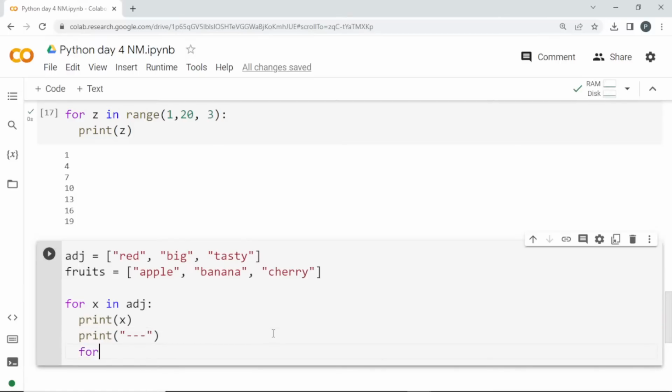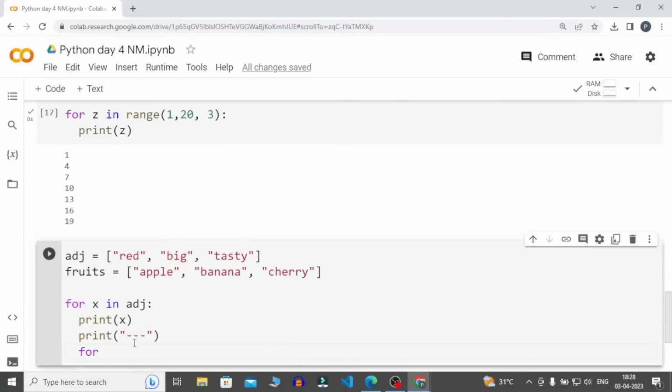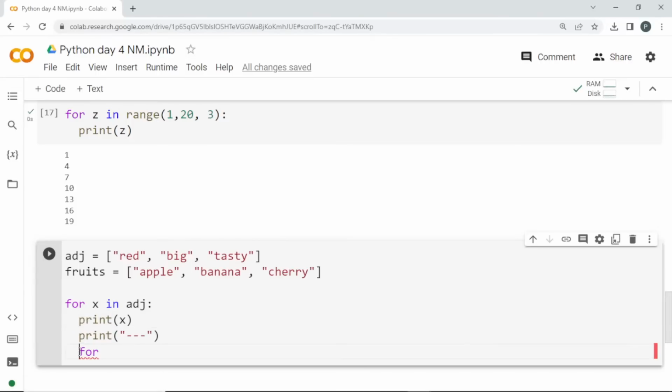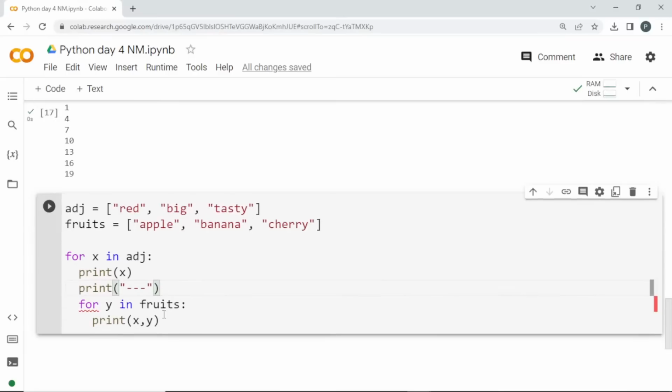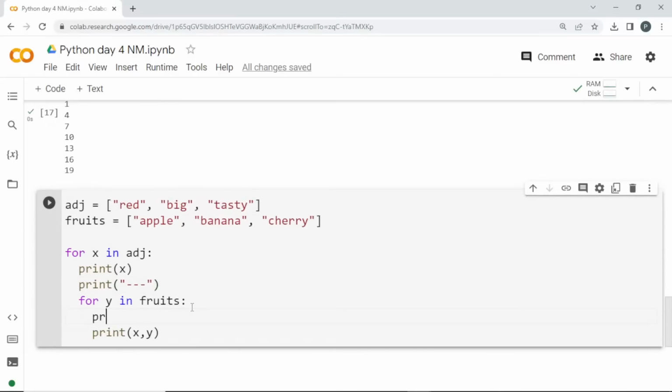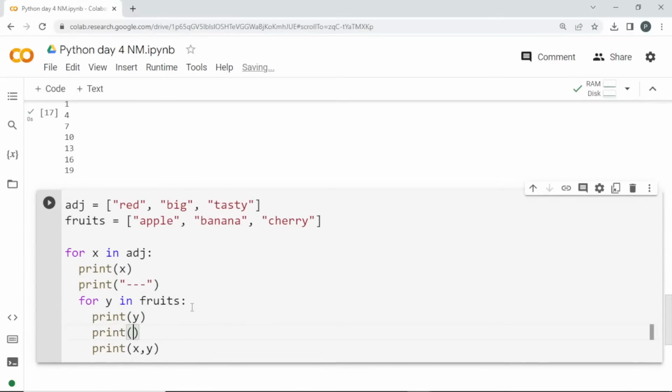And next I am creating another for loop. It is in the same indent line, so this will be in the body of the for loop, for y in fruits. I'll print x comma y. Before that I'll print y so that it can be confirmed, and print some dashed line. If I run this loop,